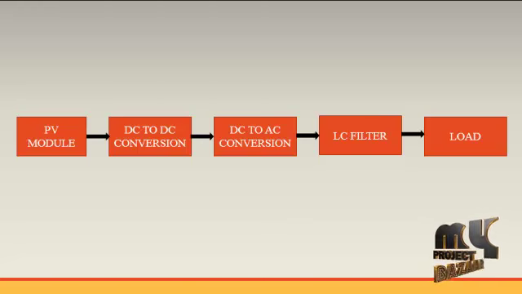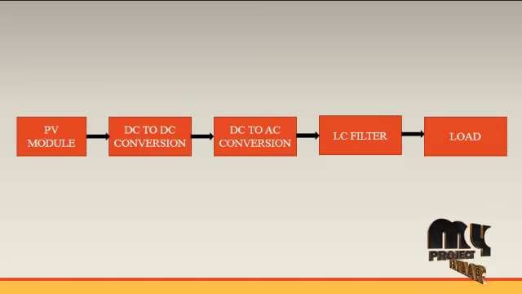the solar panel is 44 volt, and this PV module gets the solar energy from the solar irradiance. Mainly the solar panel works by converting solar energy into electrical energy in the form of DC, and that PV module output is fed into the DC to DC boost converter, that is a DC to DC conversion block. In that block, the PV module output voltage will be further boosted to some value, and